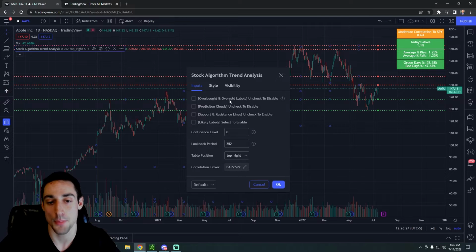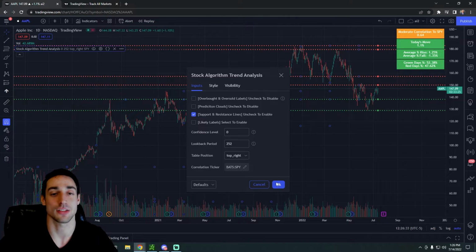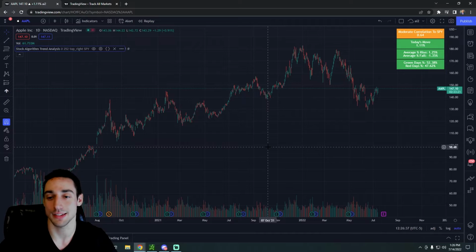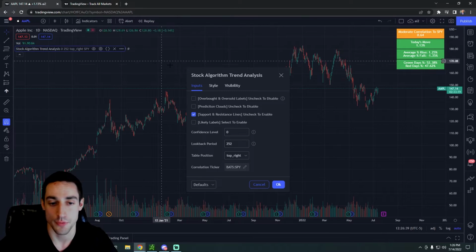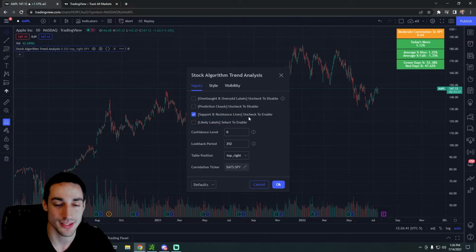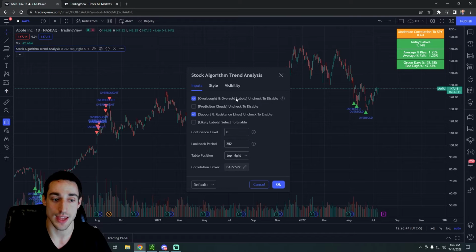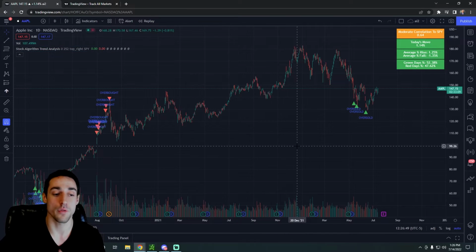So basically right now, I only have the support and resistance lines plotted. So what I'm going to do is make it so absolutely nothing is plotted, just so I can go step by step with what the algorithm has to offer. We'll start off by looking at overbought and oversold labels. So I am going to check this, and now we can see the overbought and oversold labels appear on